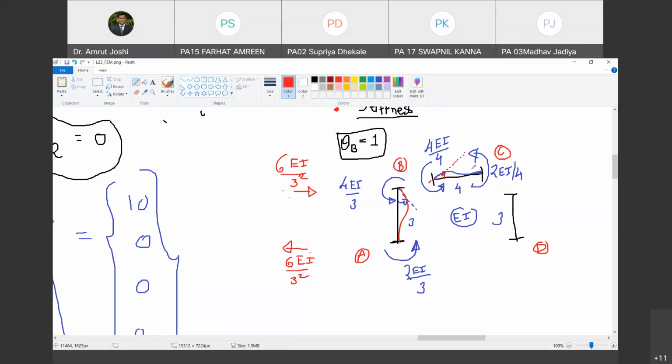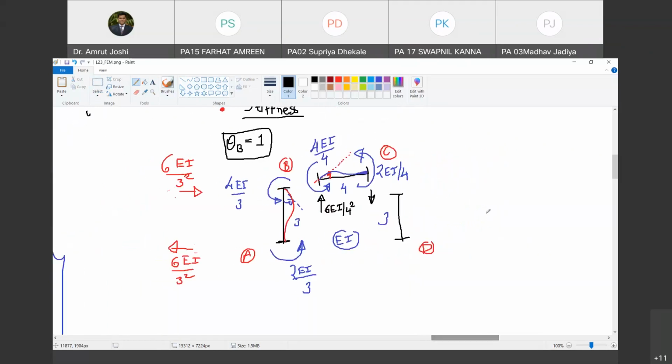Okay. Same trick we are going to apply here. So what is the trick? What is the total moment? 4EI by 4 plus 2EI by 4. तो कितना हुआ? 6EI by 4. 6 EI. That is anti-clockwise. तो clockwise moment अगर produce करना है तो reactions कैसे होने चाहिए? Reactions must be of this nature. Agreed? Yes, sir. And what is the value of reaction? एक बार length से और divide करना है. So it is going to be 6EI by 4 square.